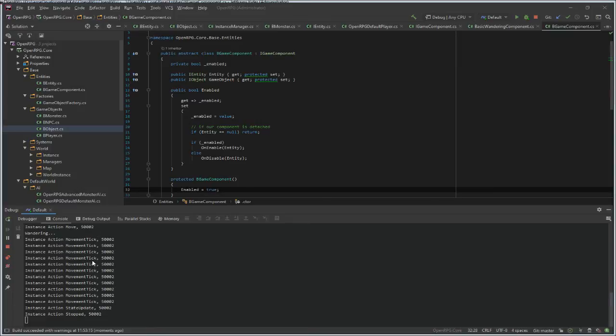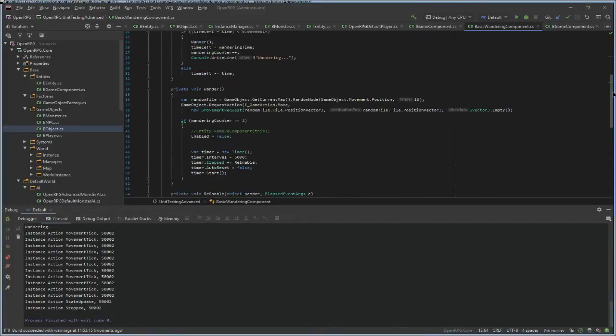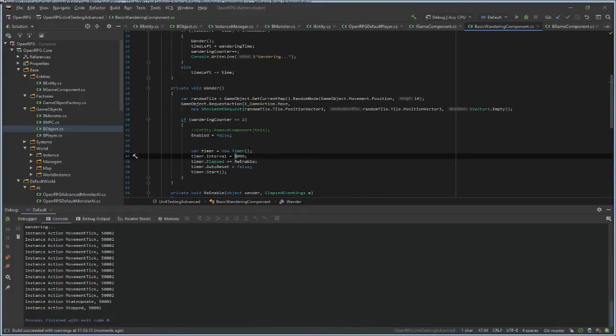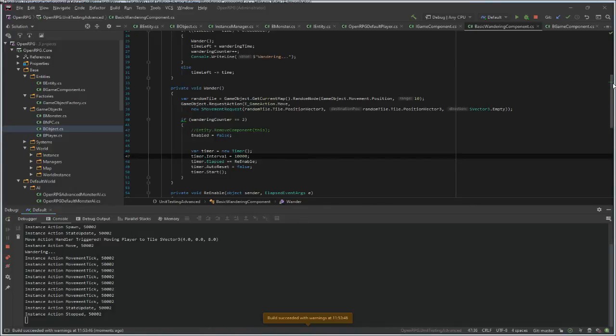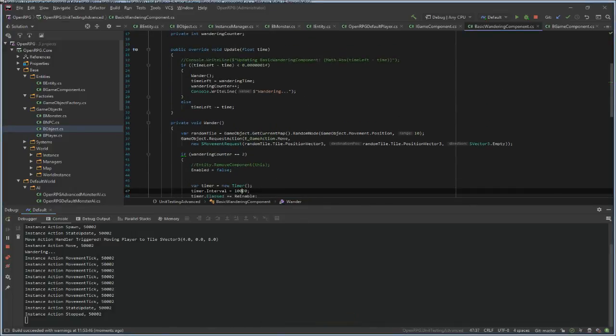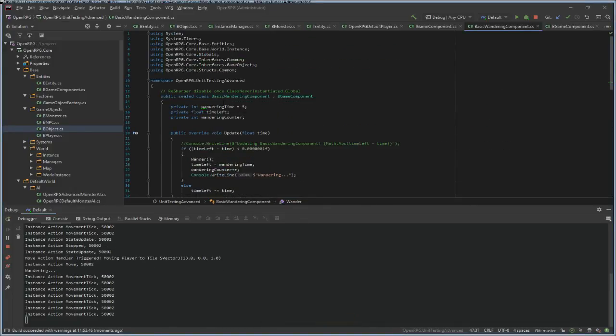The third time, it will not update until 5 more seconds. Oh, I'll make it 10 seconds, just to make sure it's working, because 5 seconds overlaps with the wandering time.